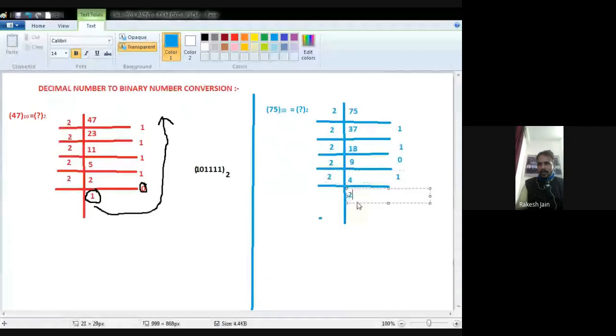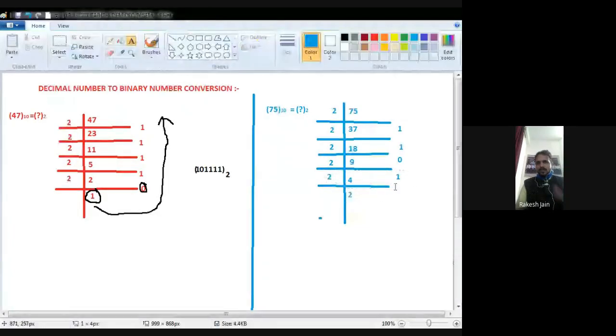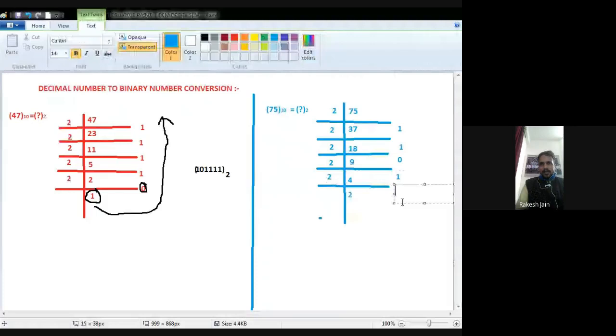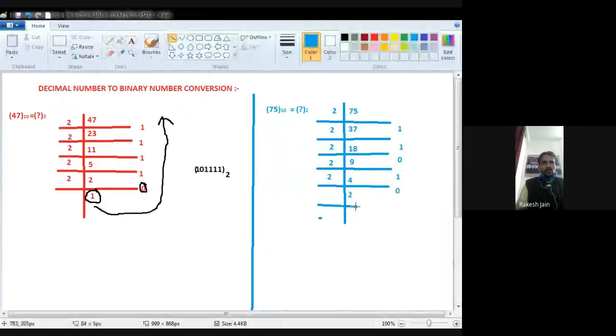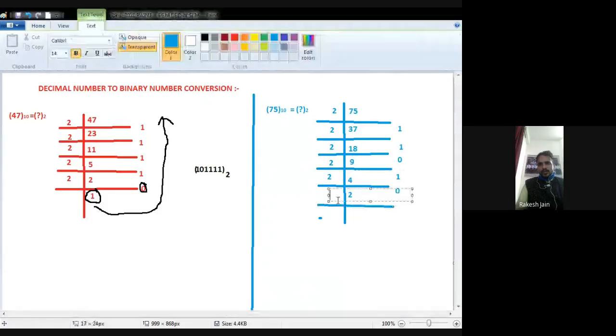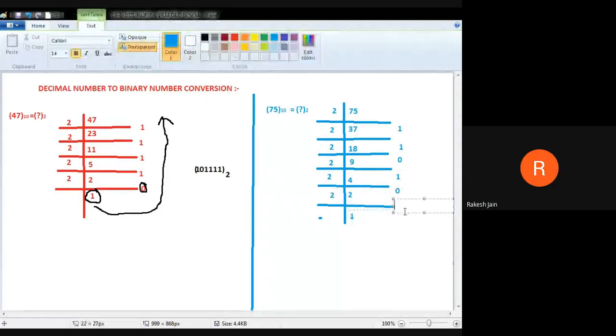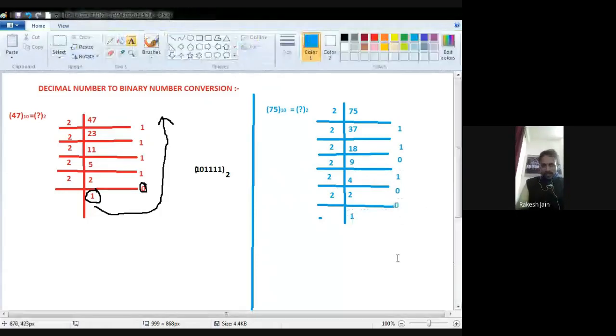Again this 4 will be divided by 2. It will be completely divided by 2, with nothing remaining, because 2 twos are 4, so the remainder bit is 0. Again 2 is there, so one more time divide this 2 by 2. It will be divided completely one time, because 2 ones are 2, and the remainder bit is 0, right? So after reaching this 1, there is no need to do further division.